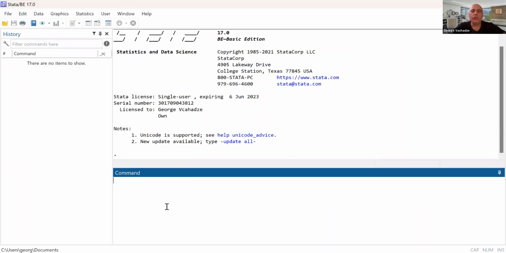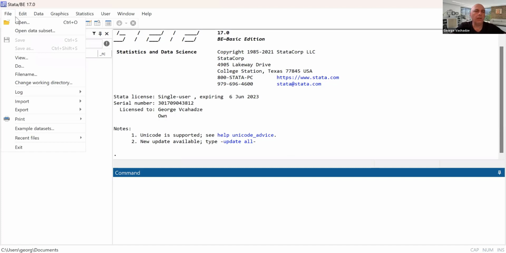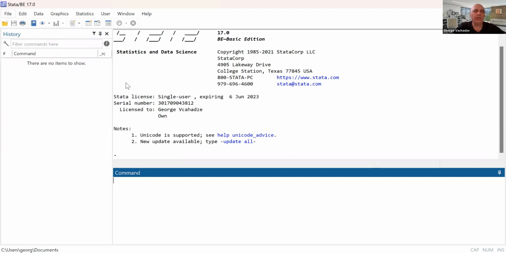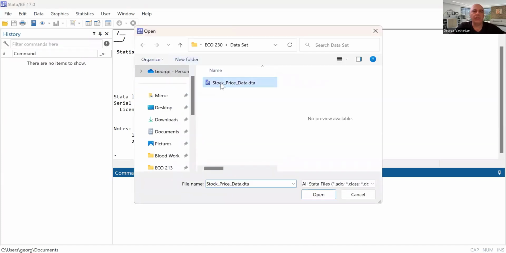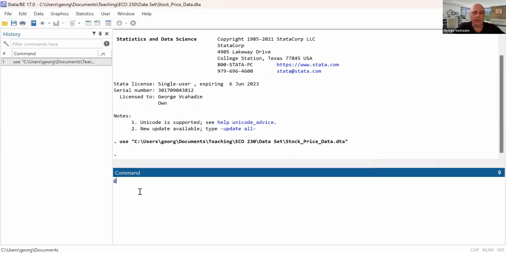Okay, on the screen you should be able to see the STATA. So let's open up the data set and let's generate the daily return. So we type generate G_SP500, which is the growth rate of S&P 500 on a given date, generated as the current price divided by previous day price,